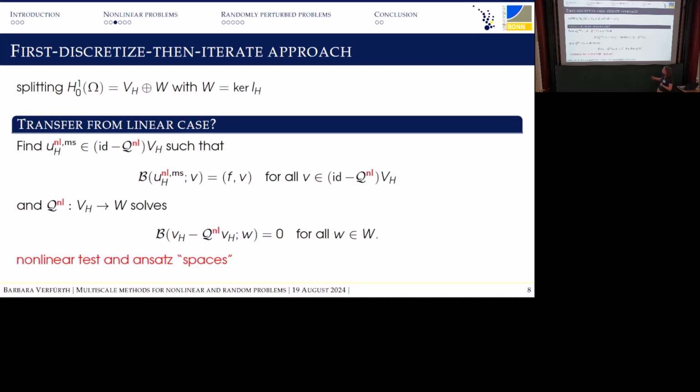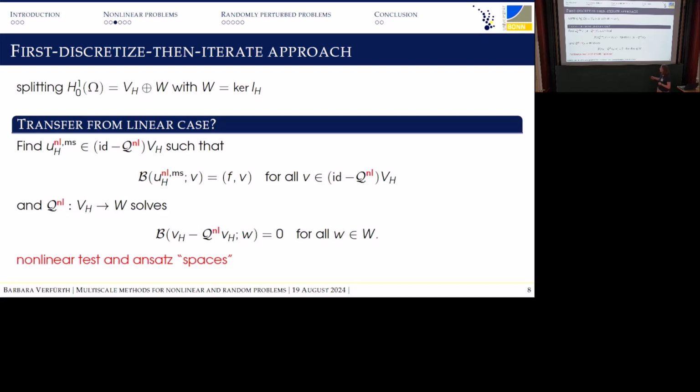And then we had this correction operator, be it in the ideal or in the localized version, that was a projection from the finite element space to this kernel space. That's the important thing. And this projection property you summarize in the following way, as an orthogonality: the correction operator minus the function itself, tested with functions from the kernel space, should be 0. In the linear case, this is a completely equivalent rewriting of the so-called ideal method.